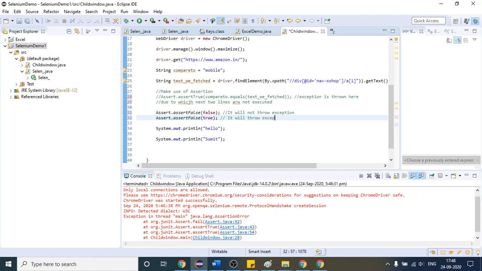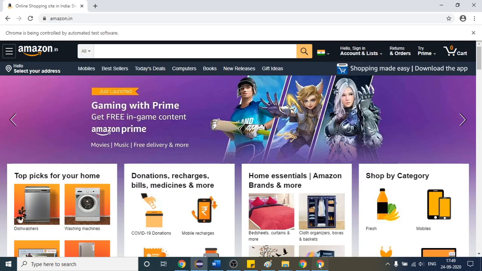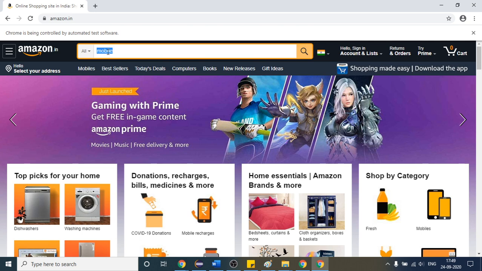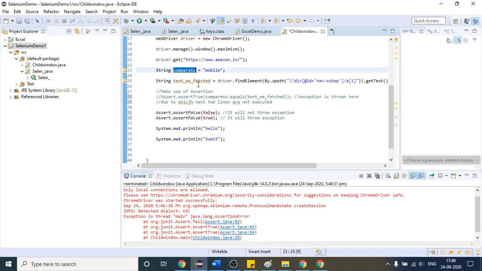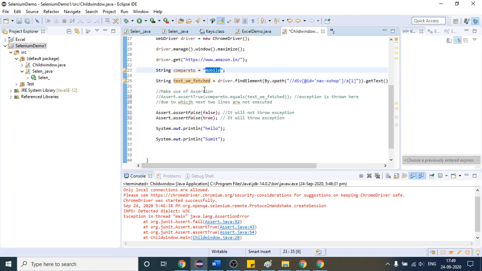So how are we going to use that? See here. Suppose this time I have to compare this text. I am saying that I have made one change in my website, due to which this Mobiles text will look like this. Assume as of now that the text will look like this now. So what I have to do is run one program so that I validate my criteria. Again we will fetch the text, and I am assuming that I will get this text.